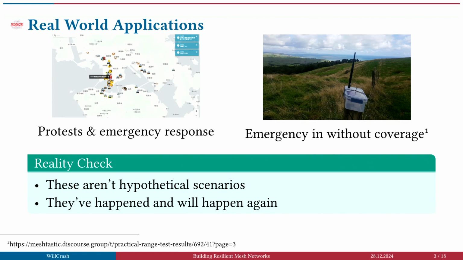Another real-world scenario is you have an emergency in the wilderness, or you're a client somewhere and you have no O2 network, so you cannot write to anybody. So it's good to have a backup. This small device here, which I will show you later, has a range which is slightly more than line of sight. We'll get to that later. Line of sight can be more than 60 kilometers. So to summarize, all of these scenarios are not hypothetical. They can be used and they're relevant.